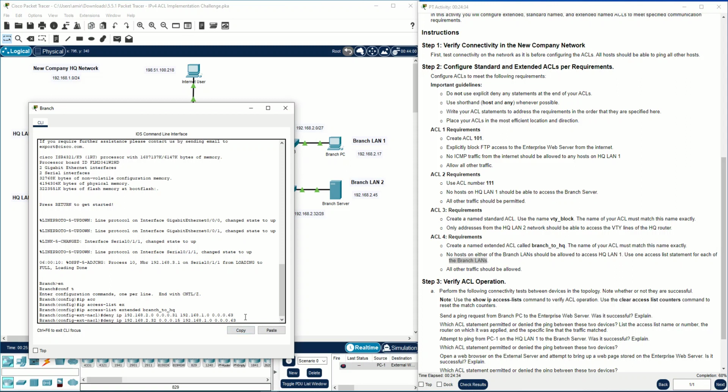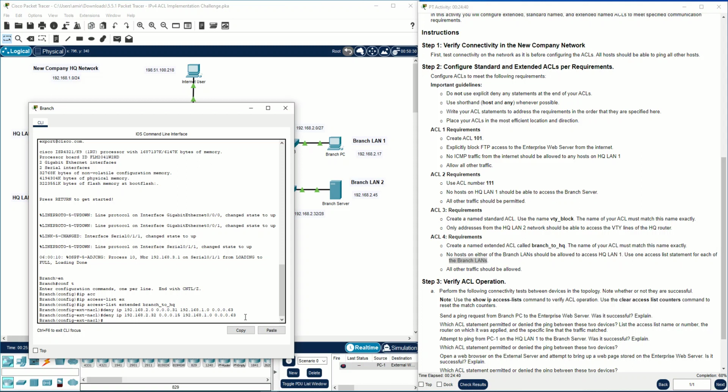It's different between them, and same deny to this HQ LAN 1. And we should permit other traffic. You should write here permit IP any,